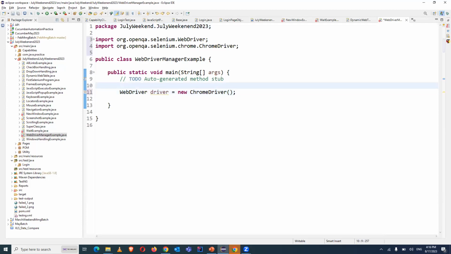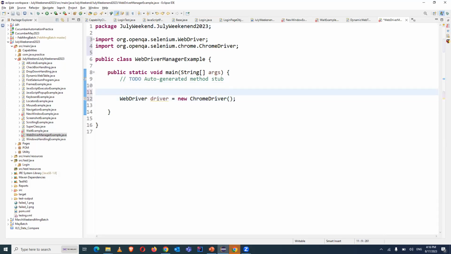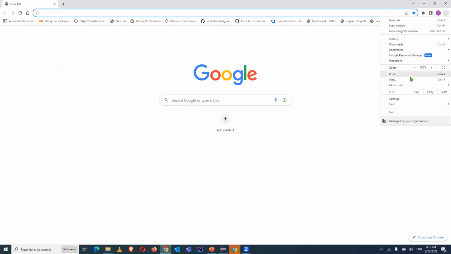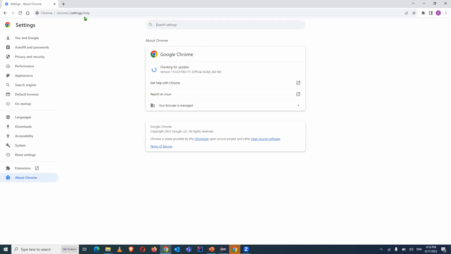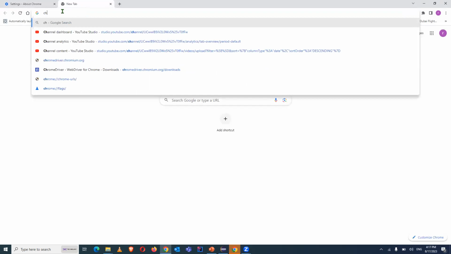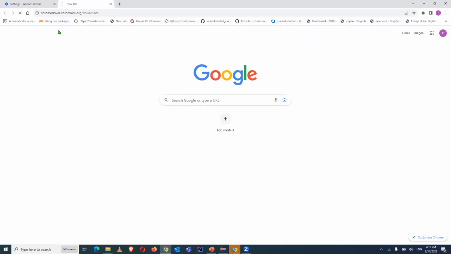But to launch any browser, we have to first download the driver. If I want to run my test case in the Chrome browser, I need to download the Chrome driver, and I need to download it according to my browser version, right? If you want to check your Chrome browser version, just go to the Help section, About Google Chrome, and in that case you can see it is 115. So if you want to download the Chrome driver, just go on this website,